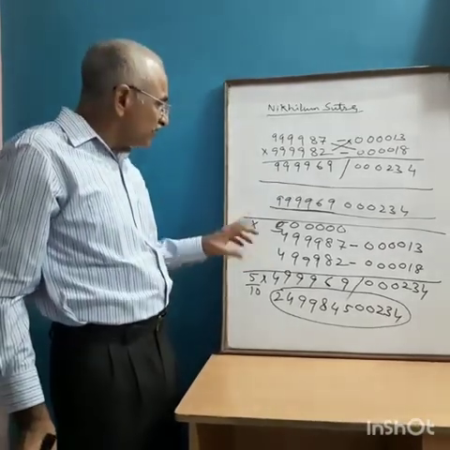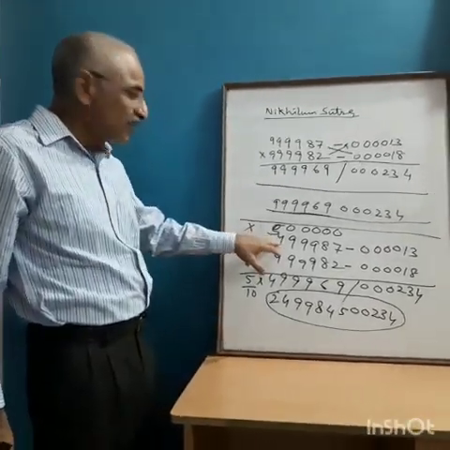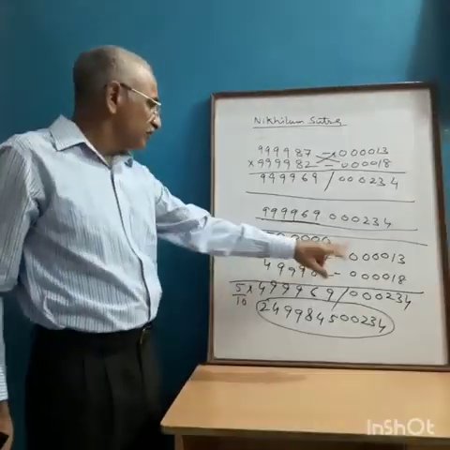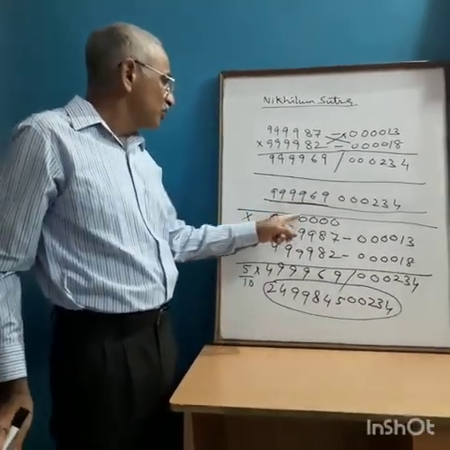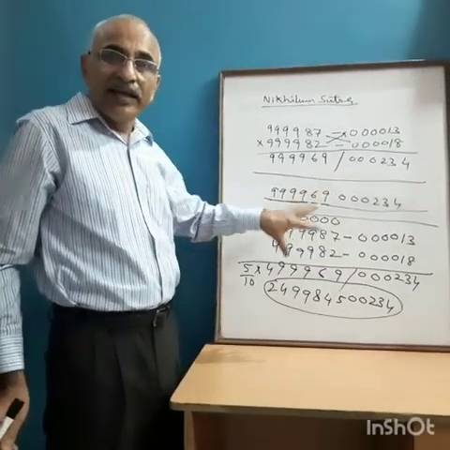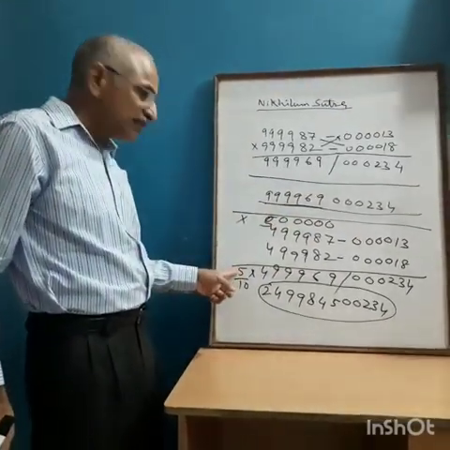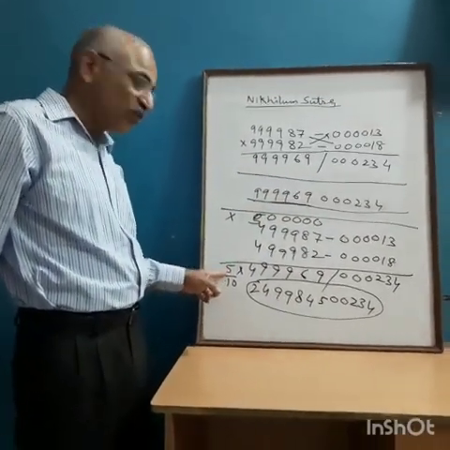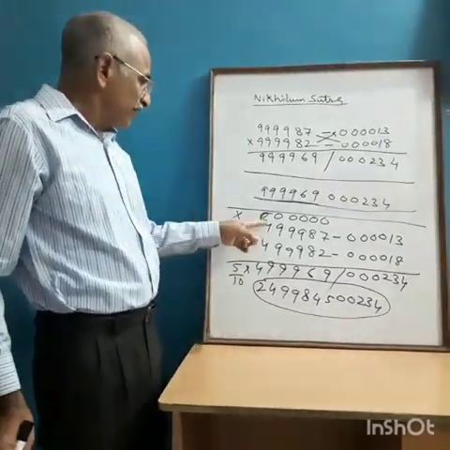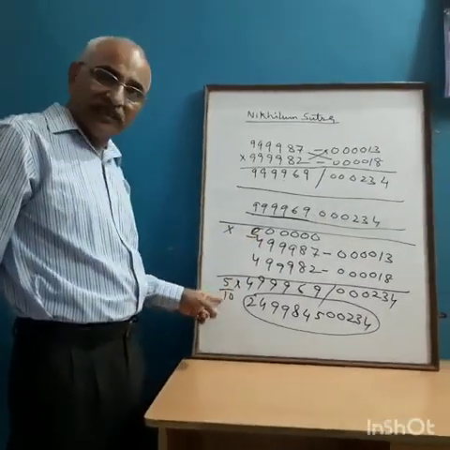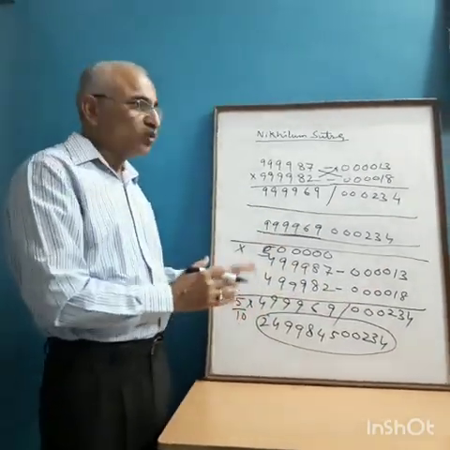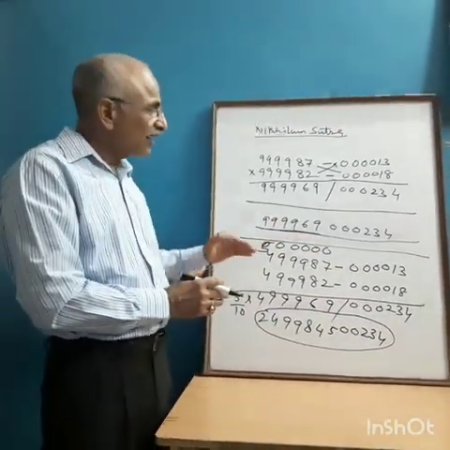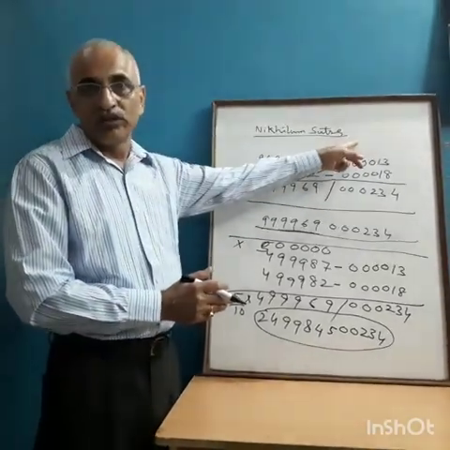In continuation with this, if you are having 399 something, in that case, your base number should be 4000 something. In that case, in place of 5 by 10, you have to do 4 by 10. If it is 2, in that case 3 by 10. And club these two halves to get the exact answer. This is again an extension of this Nikhilam Sutra.